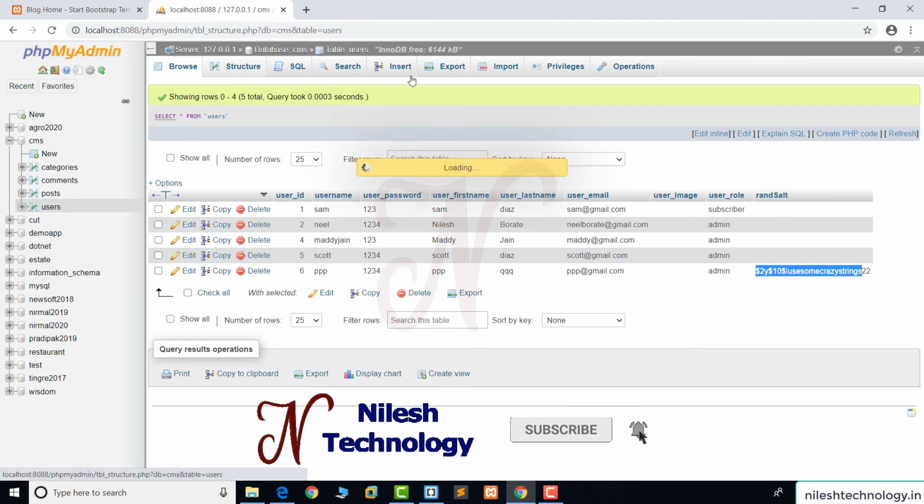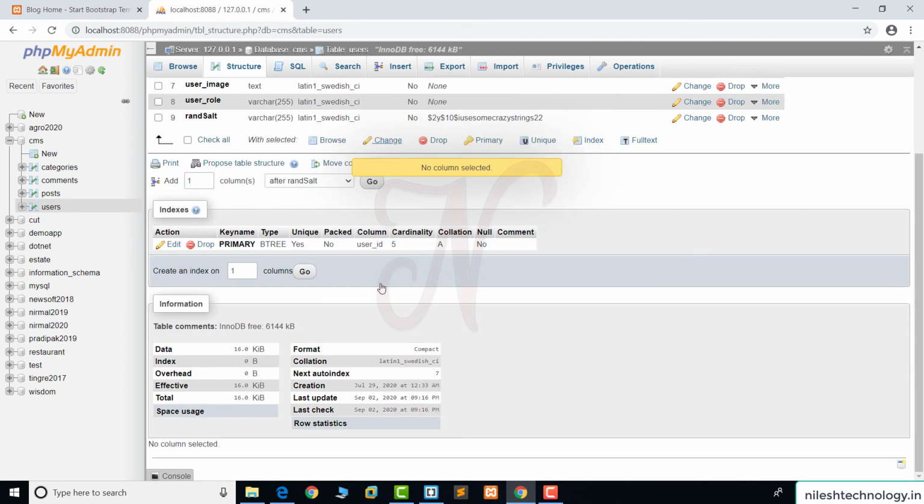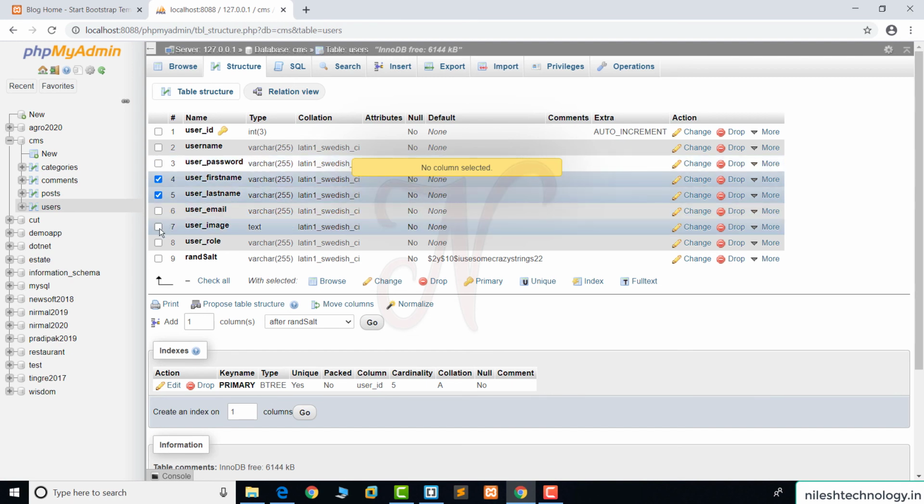Going to this structure and clicking on this change button, we set some default value as empty. So click here, first name, last name, and the image, click on change.